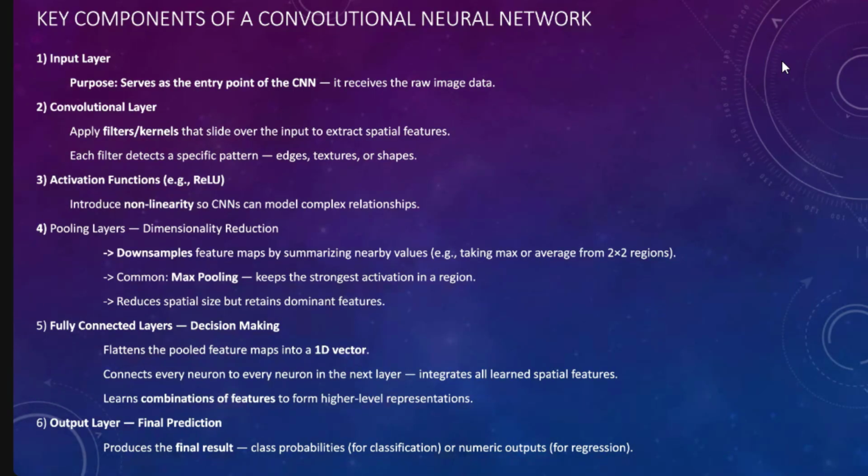So by that we can downsample our output. Then there are fully connected layers. The fully connected layer is typically a large, final few layers in a convolutional neural network that serves as a classifier